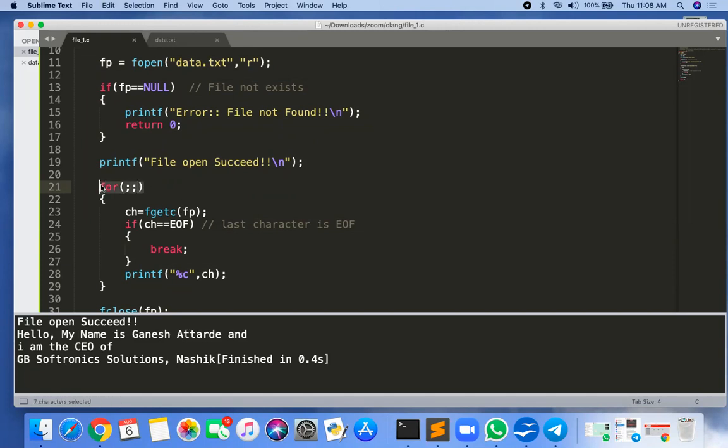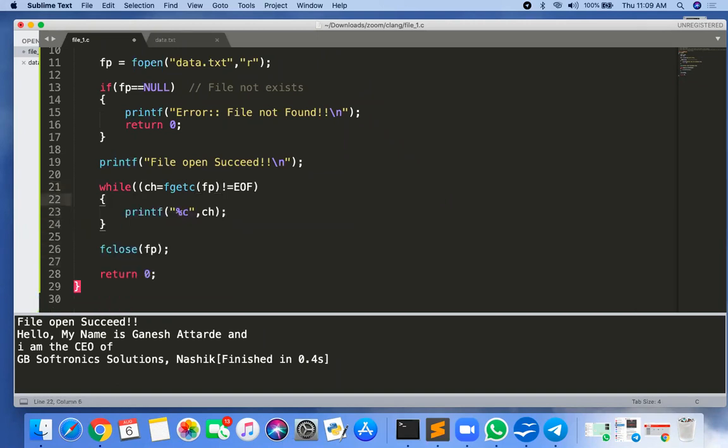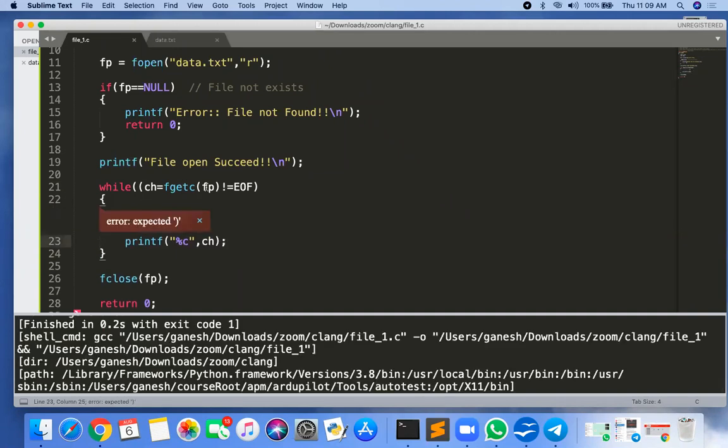Or I can again modify this program like this also: ch equal to getch is not equal to EOF. Now this program is smaller. It will give the same output.